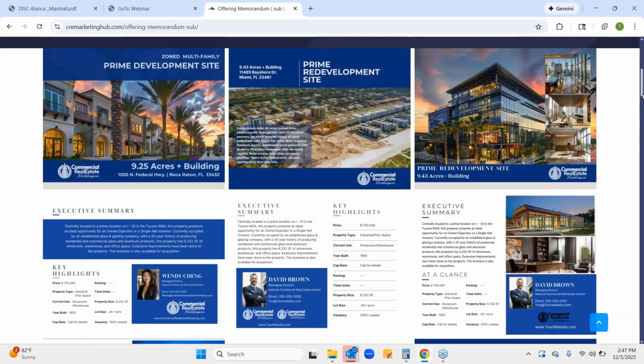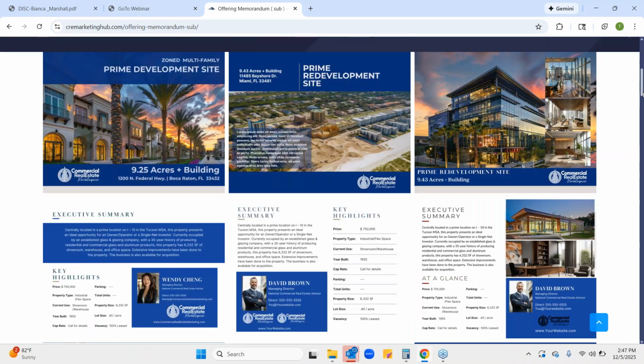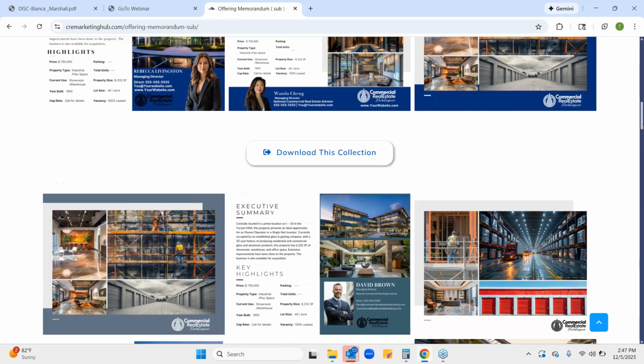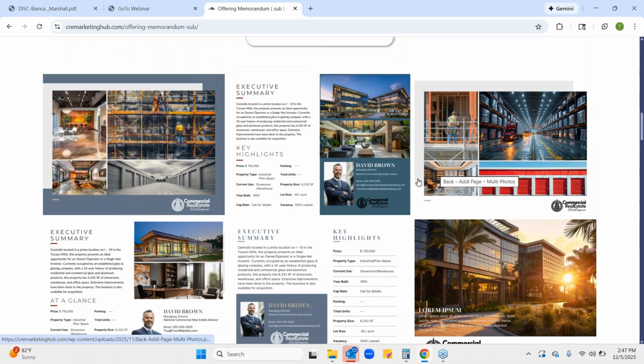easily market your listings, we have a couple of different collections, and the difference is just the color. These are editable through Canva. So when you download one of these collections, it'll take you to Canva and share the templates with you, where you can change the color, replace this commercialrealestatemarketing.com logo with your own logo, put your images in, put your text in, and boom, you've got your offering memorandum